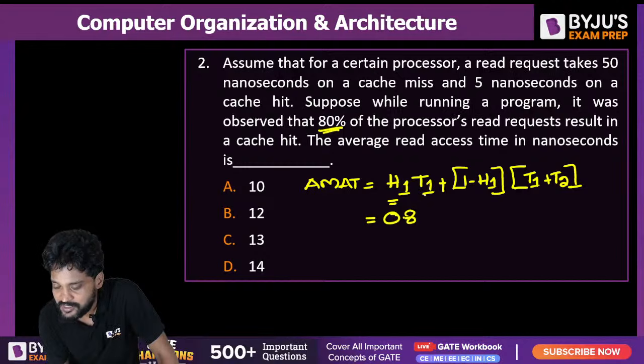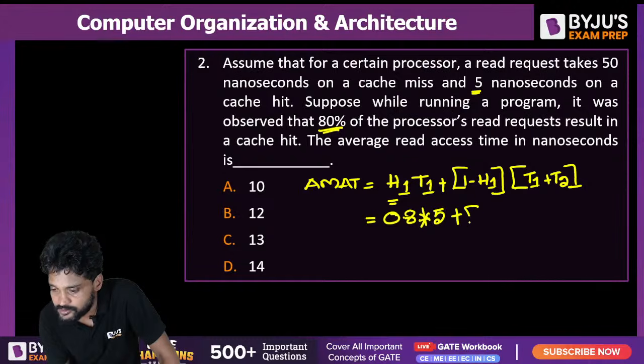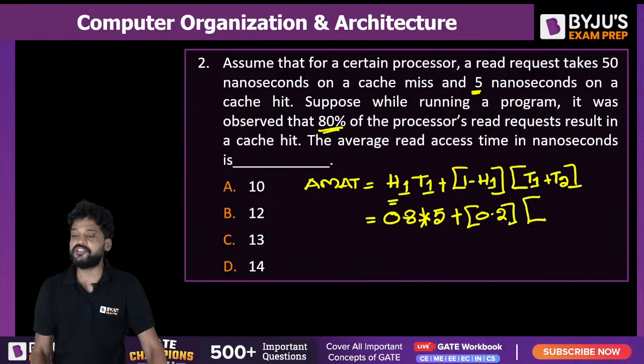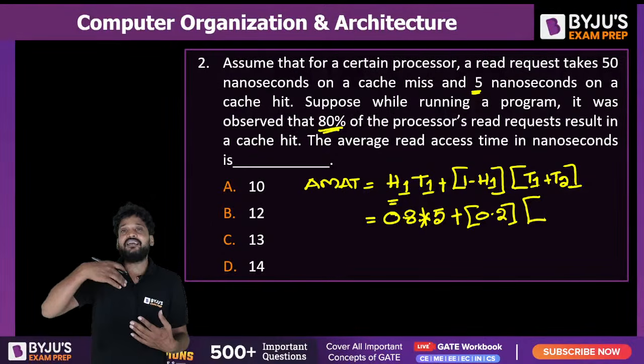What is T1? T1 is the time required to access the level 1 cache. Time required to access the level 1 cache is equal to 5 nanoseconds as it is given, plus (1 minus H1), which is 0.2 because 1 minus 0.8 is equal to 0.2, times T1 plus T2. T1 plus T2 is the time required to access the level 1 cache plus the time required to access the